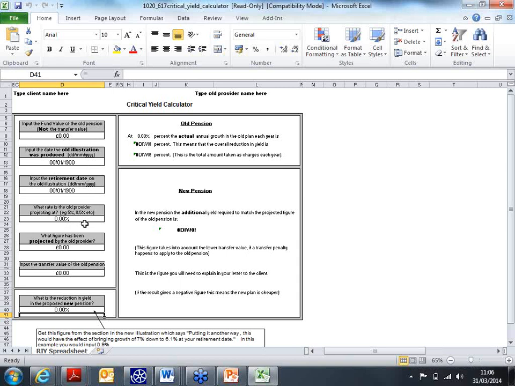However, I know a lot of schemes do give different growth rates to what we would normally work on. Again, if you want some further clarity on that, do just ring the advisor support team and we can confirm what would be the best option for you to use there. You would put in here the figure that the provider has projected and input the transfer value here of the old pension. So fund value at the top, transfer value here, and